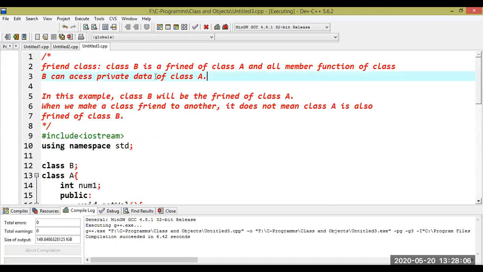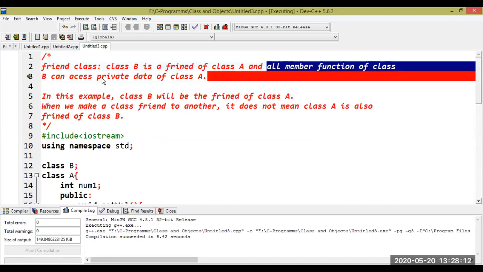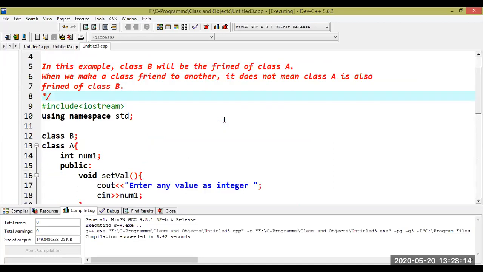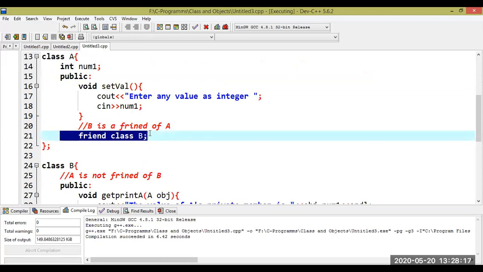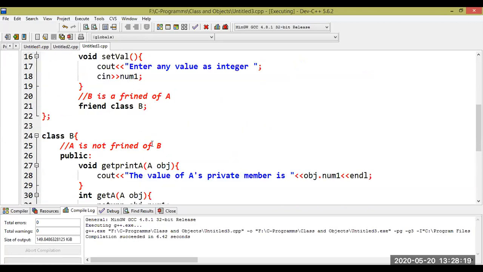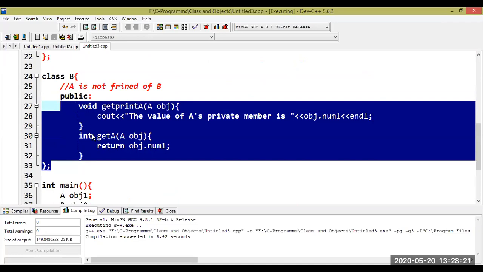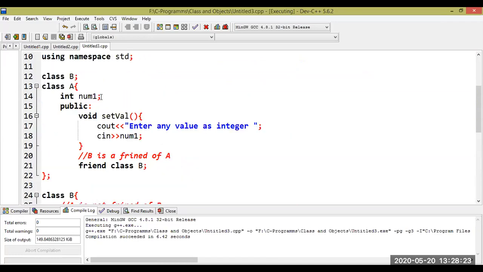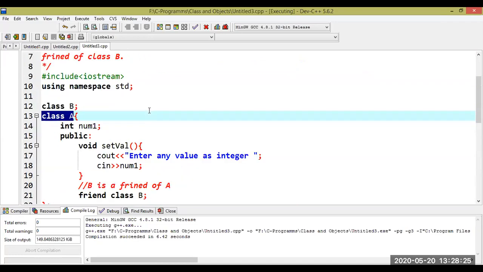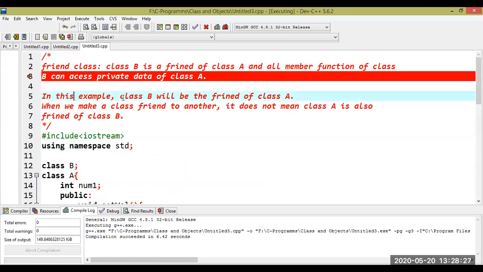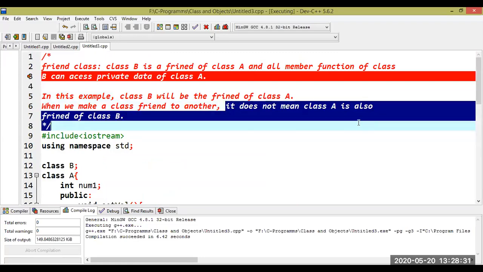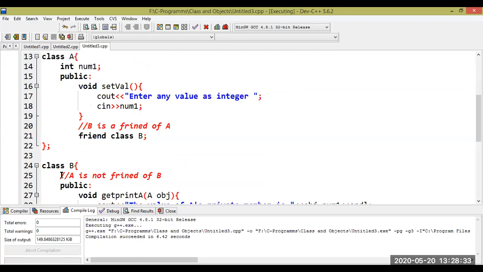So what are the steps you need to follow? These are the very important steps you need to remember. Class B is a friend of class A, and all member functions of class B can access private data of class A. The functions we write inside B are eligible to access the private data of class A. Class B is a friend of A, but that doesn't mean A is a friend of B, and I highlighted this point.